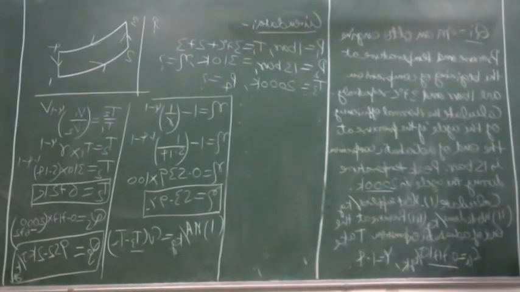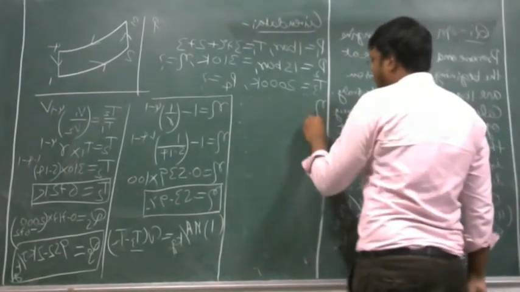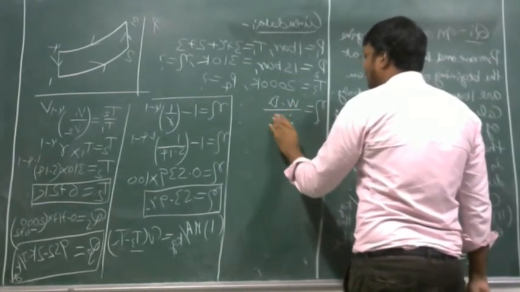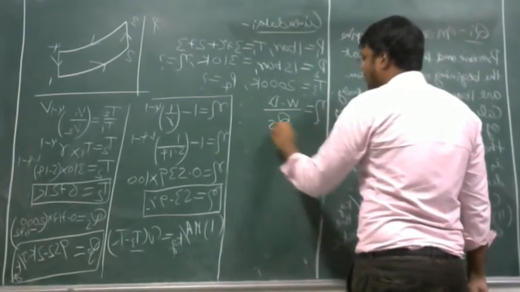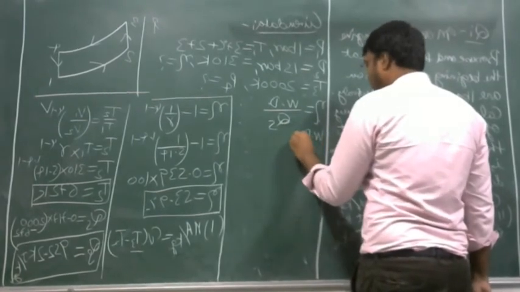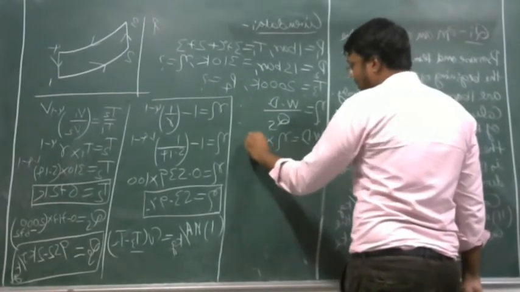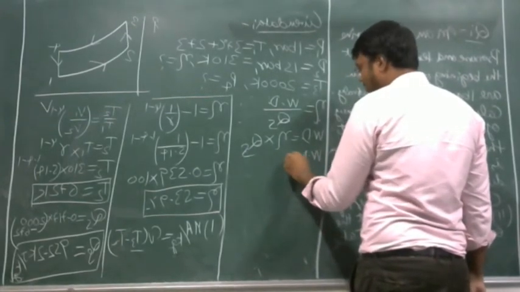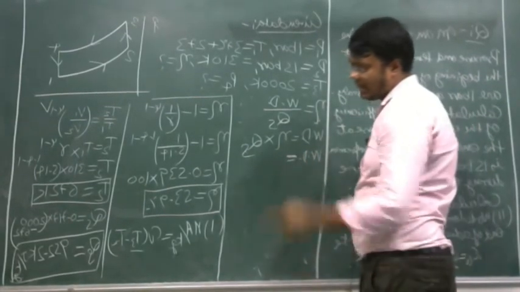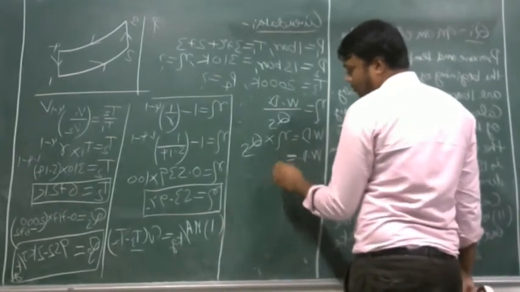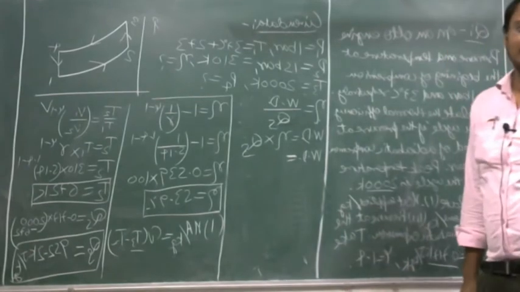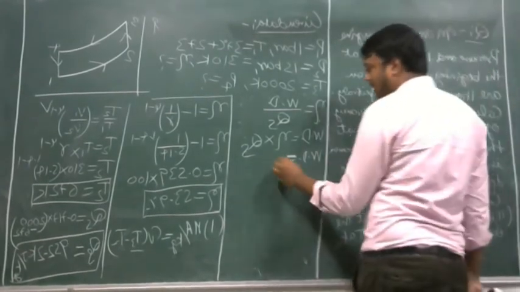So you can say that eta is equal to work done by heat addition Qs. So work done is equal to eta into Qs. We know both the values. What is the value of eta? Eta is 53. So we have to put this value of eta as a fraction here, not in percentage. So it will be 0.539.